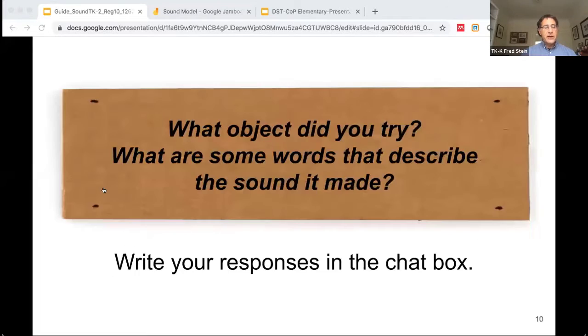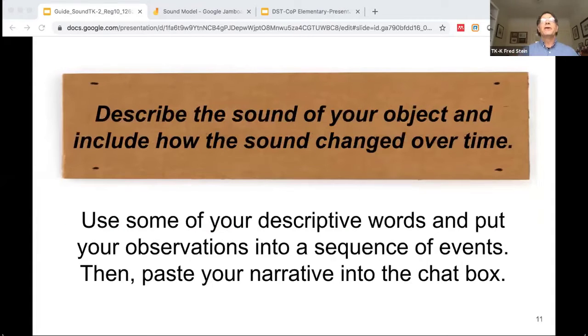But again, thinking of really young kids, breaking a writing process into steps can be really helpful. So that's why we asked you to write down these descriptive words. But now I want you to go ahead, thank you, Kelsey, and write a narrative using that. And again, the second part of a narrative besides the descriptive words is the sequence of events. And so remember when I asked if you use the largest object you can, it's not always the case, but some larger objects,